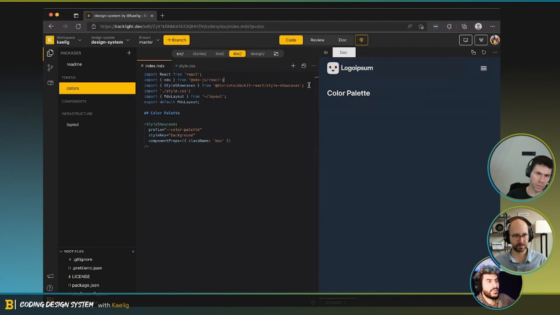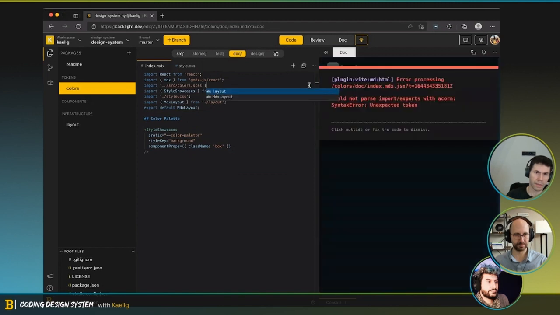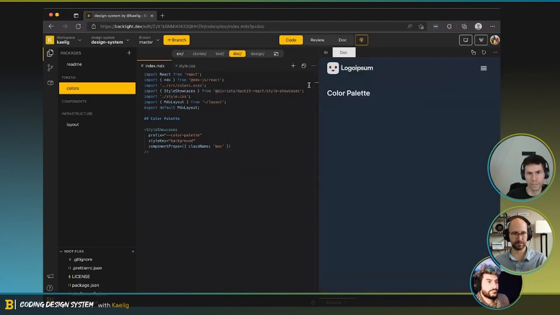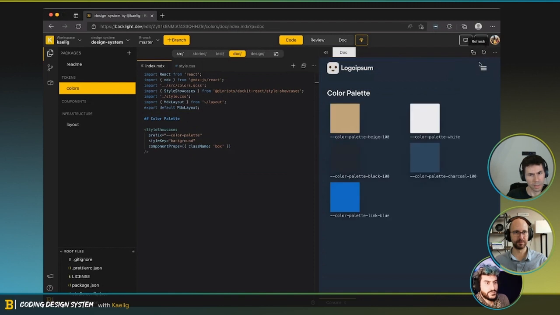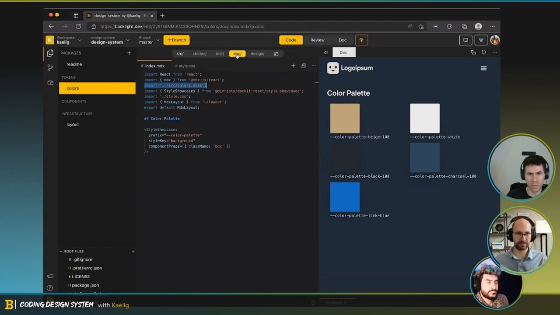And the thing that we're gonna do is import the colors. And if I'm right, here we go. So we're importing the colors, which are here. This defines the CSS custom properties.